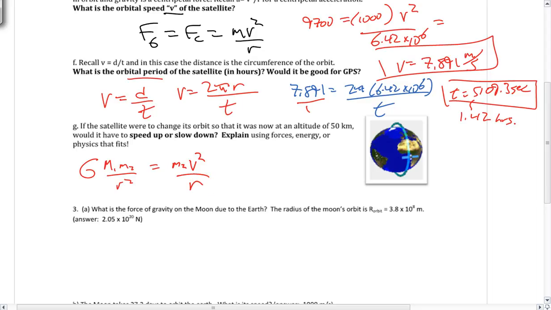So notice the first thing that happens is the mass of the satellite actually doesn't matter, it drops out. And if you recall, a heavy thing falls just as fast as a light thing. So now we're left with just G M1 over r squared is equal to v squared over r. If we multiply both sides by r, this squared drops out. So we're just left with G M1 over r, the radius, is equal to velocity squared, or we can take the